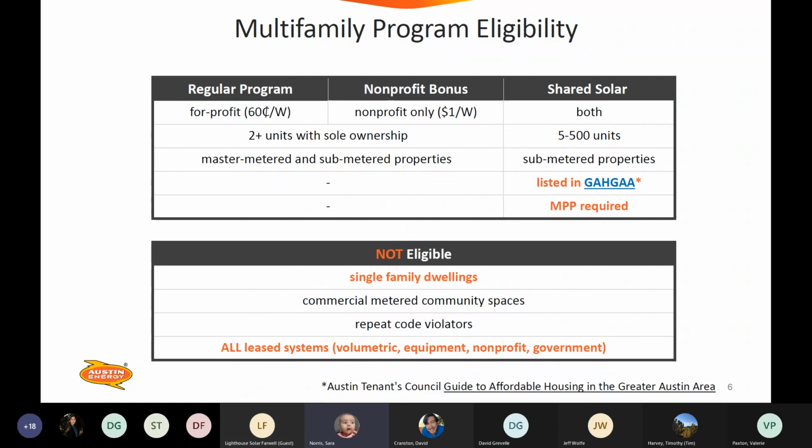Kaiba, I'm a little confused about your question. Would you like to speak to it? It seems like you want to solicit feedback from the broader group, probably not just from myself. Yeah. I think I had previously asked about the common areas that might have a commercial meter being able to utilize shared solar. And I understand that's not how it's set up in the billing system. But since somebody was asking about it,